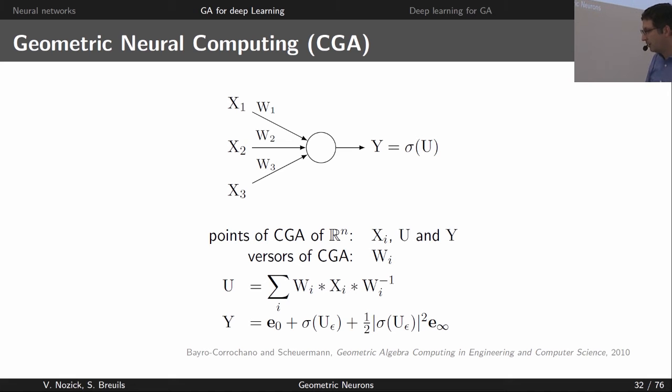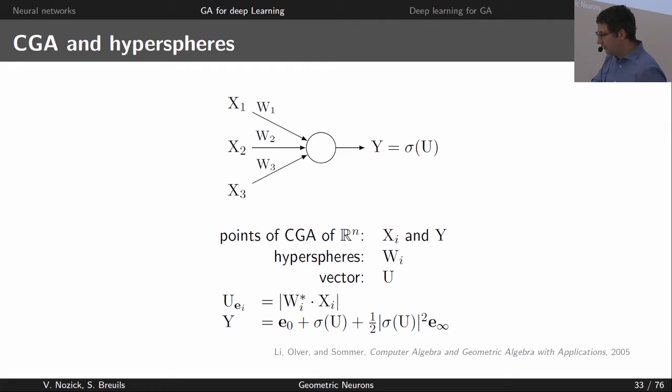Okay, so here you just have to be careful because when you do the sum of points, you may not get a point. From my understanding of the paper, you may do something after, something to really be careful to have a point at the output. Okay, so that's one possibility, just to handle points. Some other people have some other good ideas.